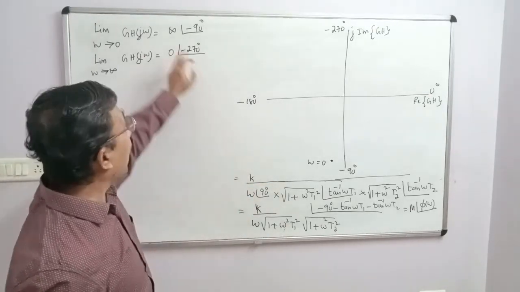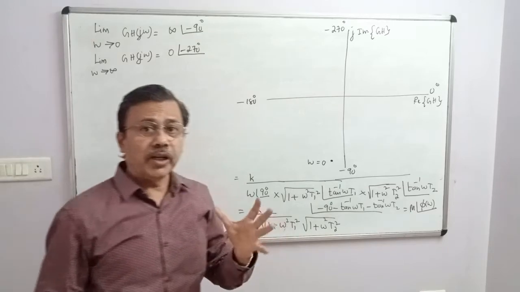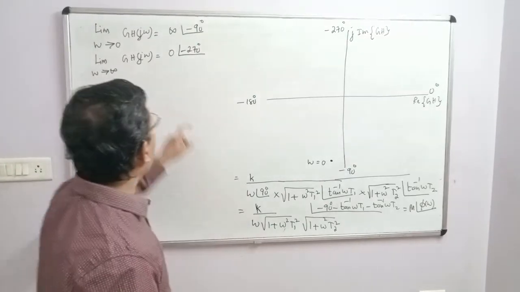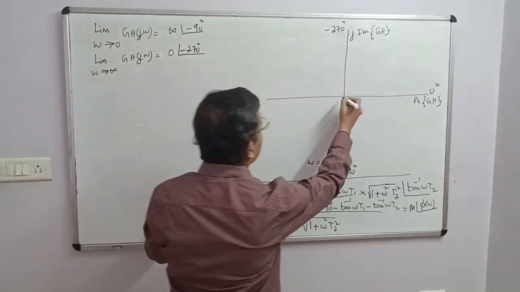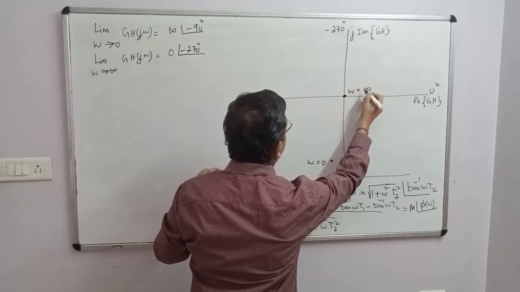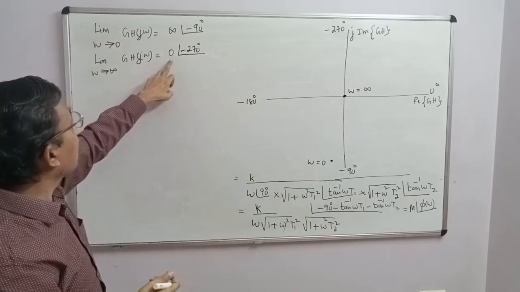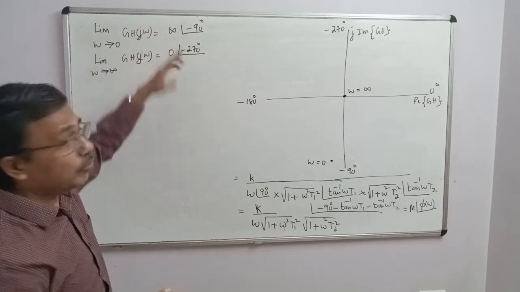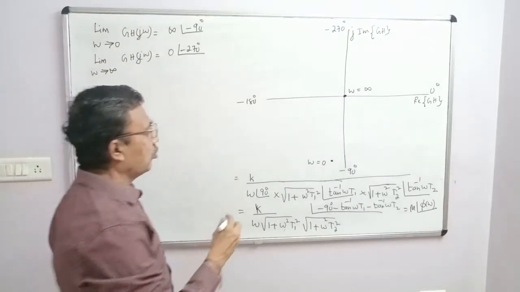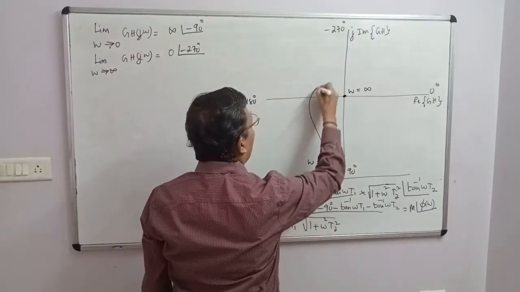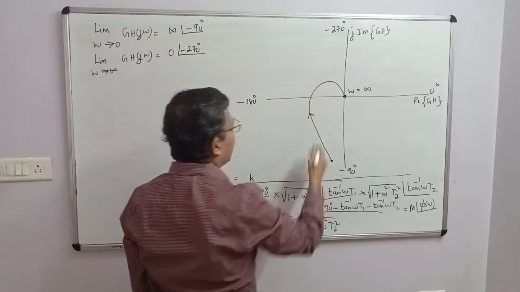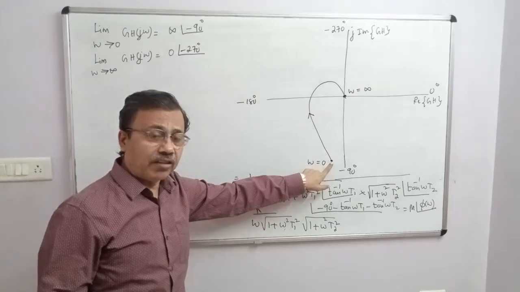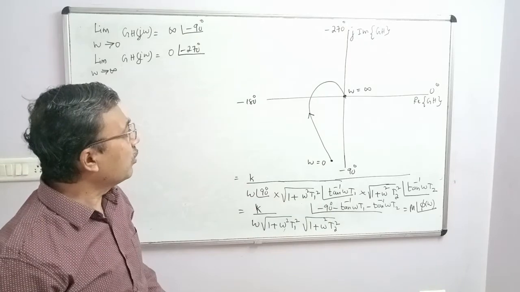We are plotting actually magnitude and angle in this plane, which means we are getting a polar plot of the function as omega varies from 0 to infinity. When omega is infinity, magnitude is 0 and angle is minus 270. Correct? Minus 270 minus 90 gives plus 180. Plus 180 means 2 quadrants. Start at this point and end at this point, covering 2 quadrants. This is nothing but an incomplete Nyquist plot. Omega equal to 0 is nothing but point A dash. Omega equal to infinity is nothing but point B dash.